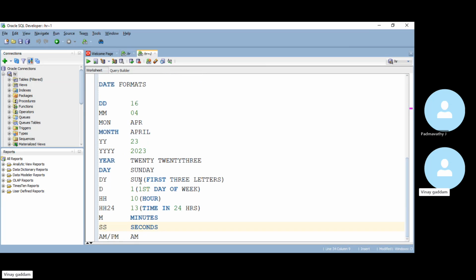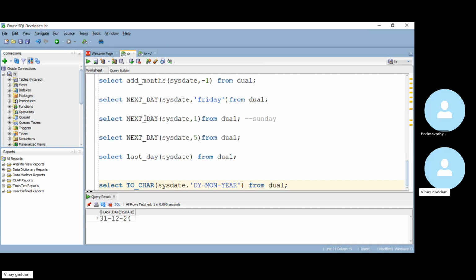DY will display the first three letters of your day. MON is the first three letters of your month. Year is the complete year in characters. So that is what it will help you to print. So if you execute this,